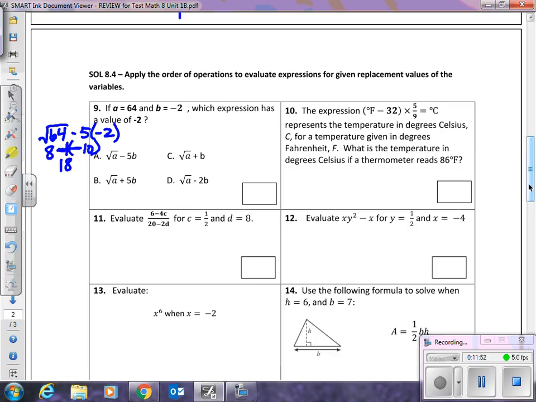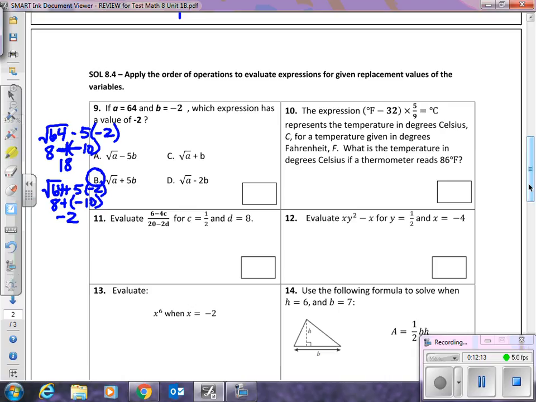All right, so then you go to B, and you have the square root of 64 plus 5 times negative 2. Again, square root of 64 is 8, plus 5 times negative 2 is negative 10. And then a plus and a minus turn into a minus sign. So 8 minus 10 is negative 2. So it looks like B is our answer right now, but let's double check the other two just in case